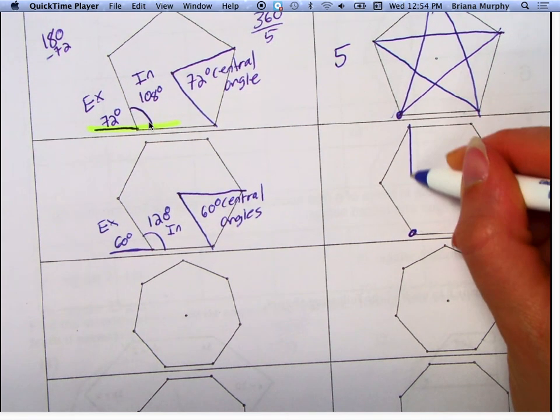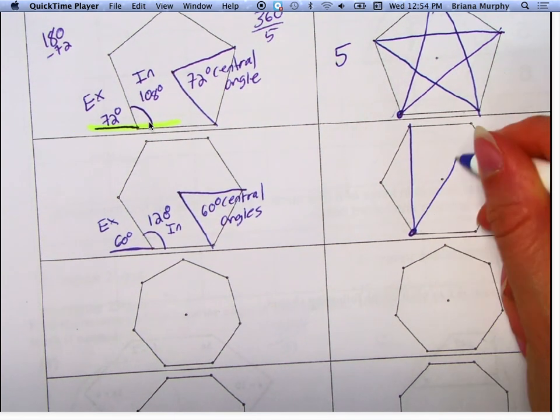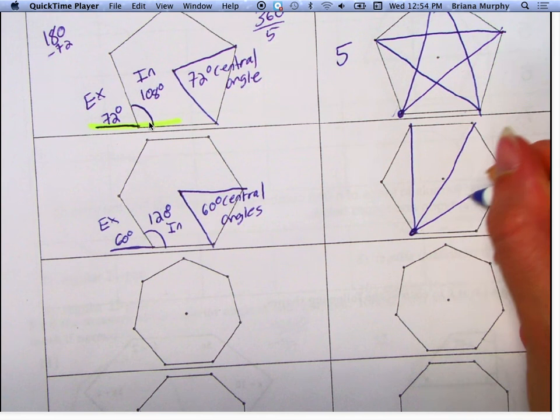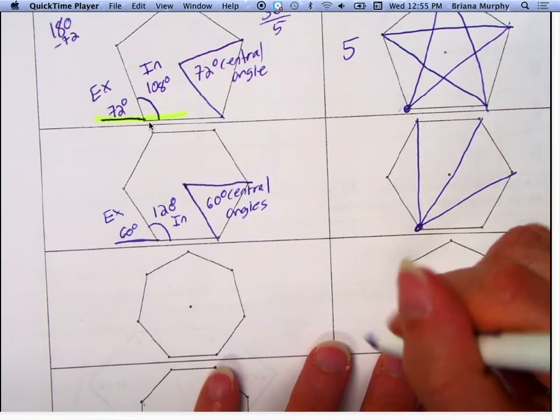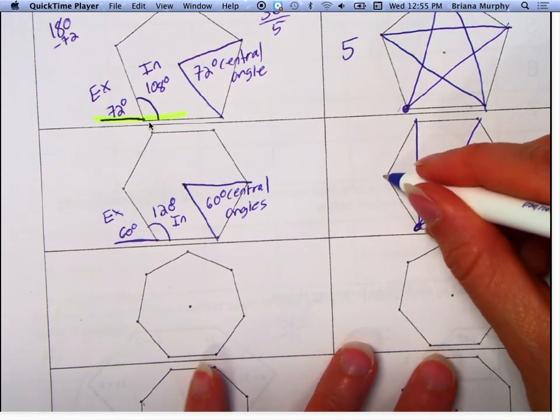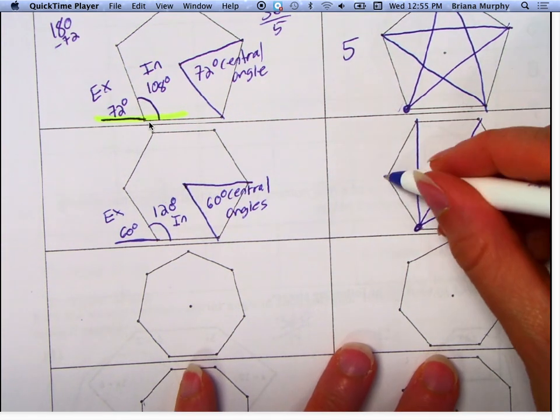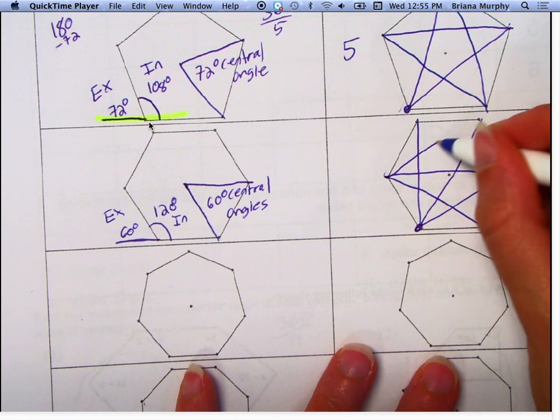So I go 1, 2, 3 diagonals, right? Now I'm going to do it for every single vertices, right? So I've got 3, 4, 5, 6,